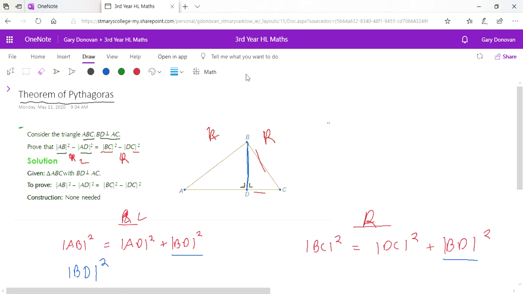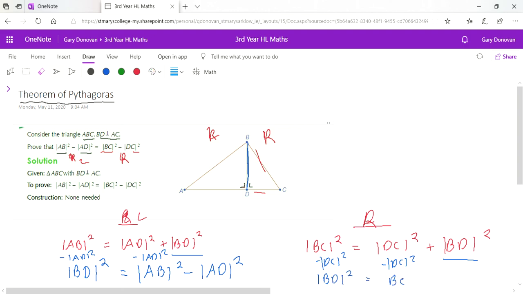BD squared would equal AB squared, and to get BD on its own I'd have to take away AD squared from both sides. Here I'd have to take away DC squared from both sides, and I'm left with BD squared equals BC squared